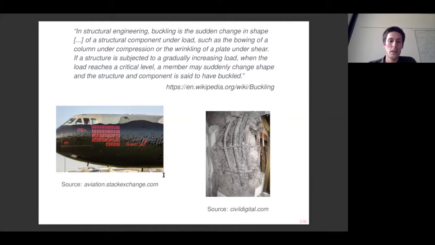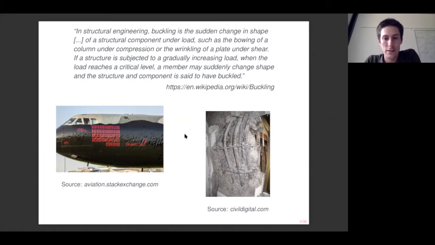You can see an airplane where on its metal skin, on the metal surface, it presents these wrinklings, these waves that you can see mostly on this part due to the light. And these are produced by the buckling of the skin. And as I've read on this aviation forum, this is quite a common effect to see on surfaces of planes, but luckily this does not compromise in any way the stability and the safety of the plane during the flight. So this was just for curiosity.